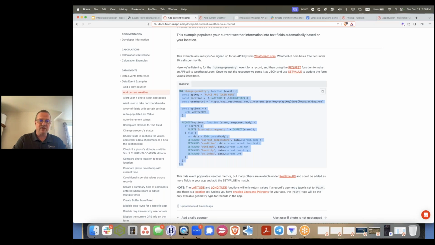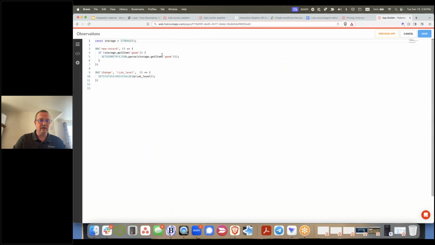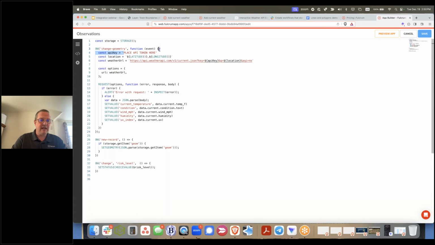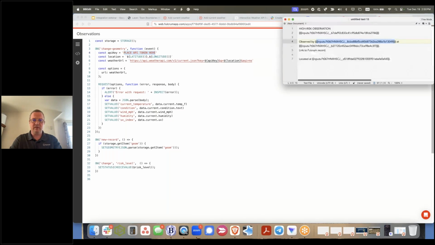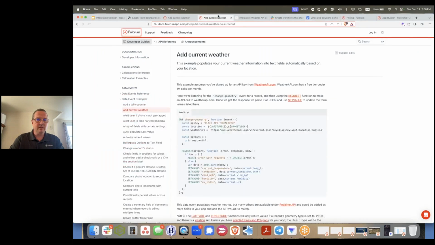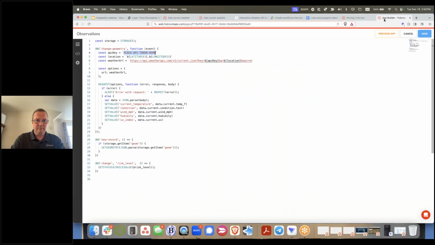So I'm just going to grab all of the JavaScript associated with it and copy it. Then I'm going to go into my app builder, and I'm going to paste it in place. One thing I'm going to need to add is the API token, which should still be, hopefully, in my section here. Now, no stealing my API token, people. You're on the honor system. Pasting in place. It's going to plug in the latitude and longitude from the device itself. And you see it's built out here, basically saying if there's a problem with the request, then say so. Otherwise, set the